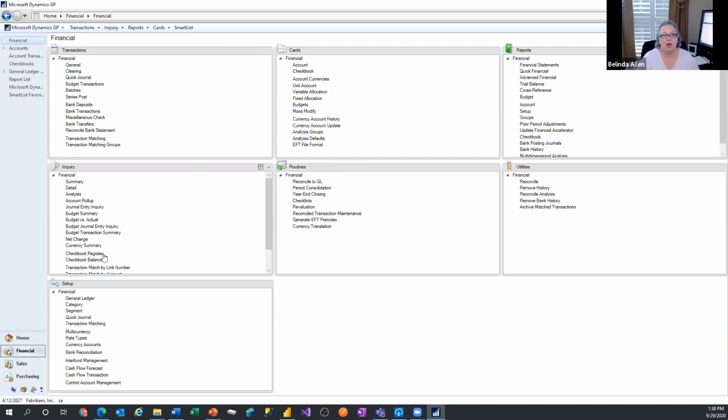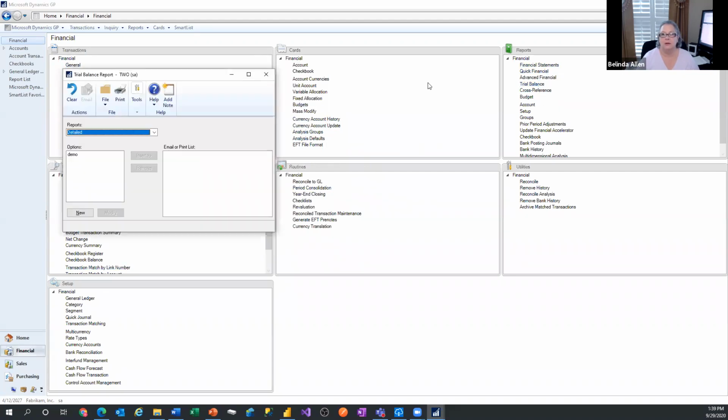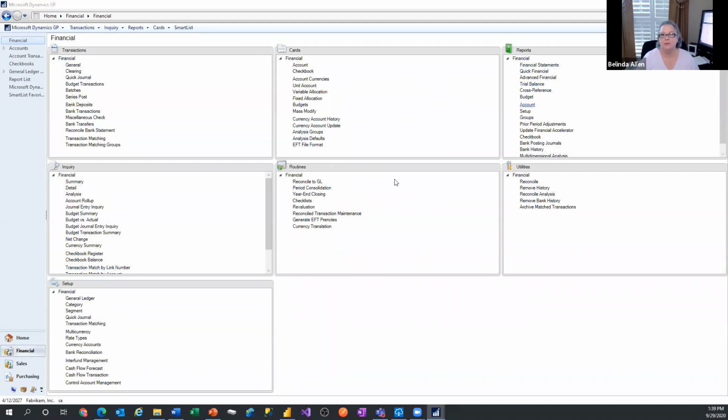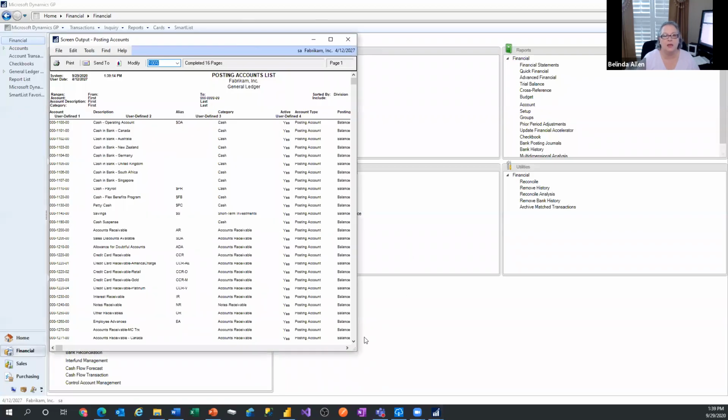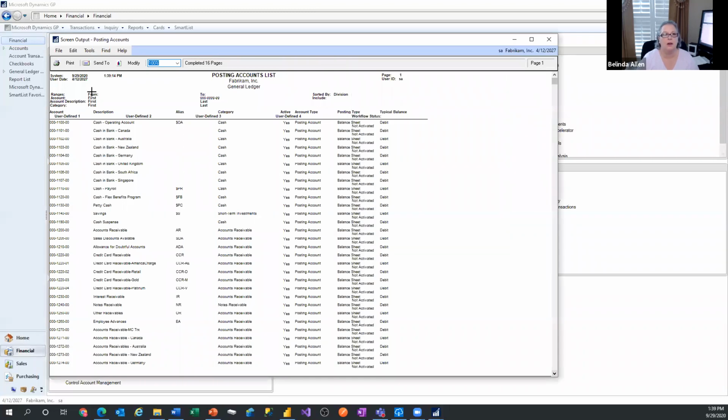If you were to pull up a report, where's my report? So let me pull up trial balance right here. And actually, let me do an account. This will be a smaller report. And I'm going to insert, and I do not know if this is going to print to the screen. Okay, good. Print to the screen. That's what I wanted. An easy way to do this is you have to have access to the report writer,